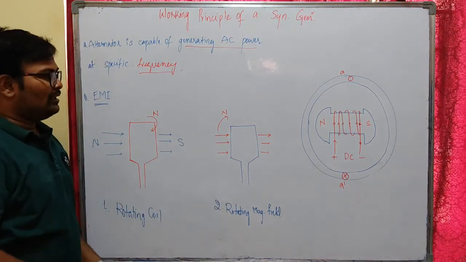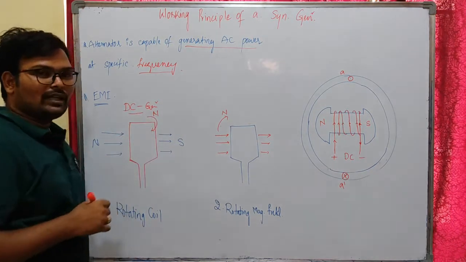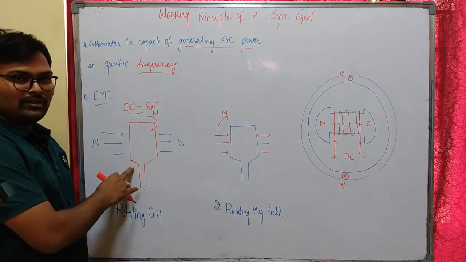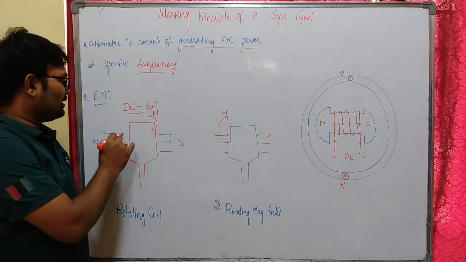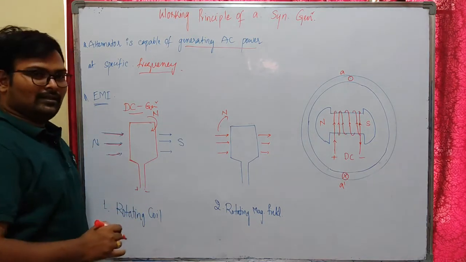In the DC machine, the DC generator, this was the method used. The coil was rotated; the armature was placed on the rotor, which means the coil is the armature. The armature was placed on the rotor and rotated, and the stationary flux cuts the rotating conductor, and EMF is induced in the DC generator.